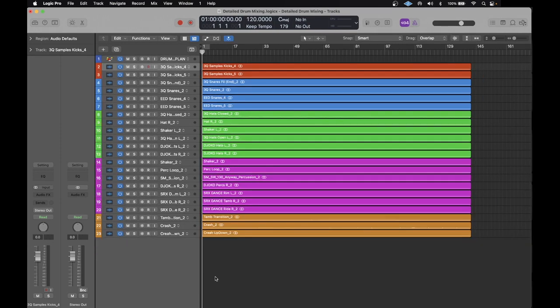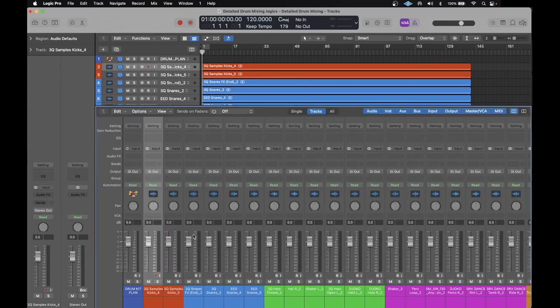Now we've got our tracks in order, we can look at balancing all of these together in order to get a general first pre-mix of our drums. To do this, I'm going to open up the mixer in Logic so I can preview how loud each of our individual elements are on first play. Now all we've done so far is drag and drop the stems in. So as long as our faders are at unity gain or 0, we'll be getting a true representation of the drum's volume so far. What I'm going to do is play the track and listen through to each of the